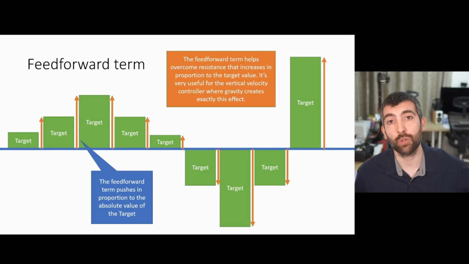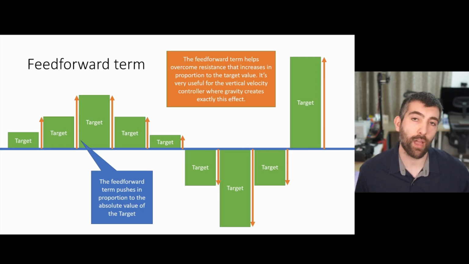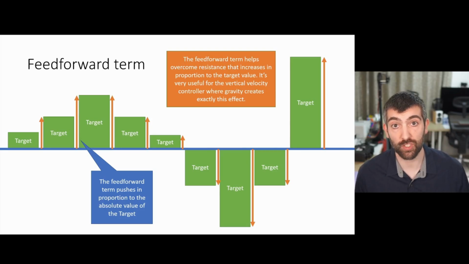If you're trying to move upwards with a high vertical velocity, then gravity provides a resistance that increases in proportion to the vertical velocity that you're looking to achieve. So in this case, the feed-forward term helps overcome that resistance, and it reduces the amount of work that the P term has to do. So you're not always going to need feed-forward, but there are certain PID controllers where it can be very, very